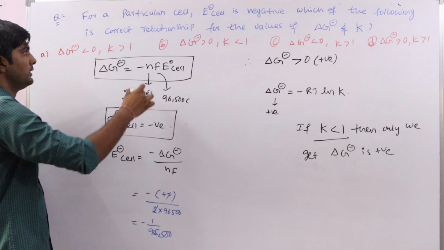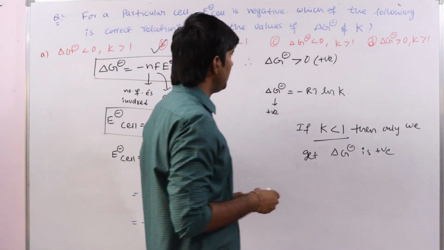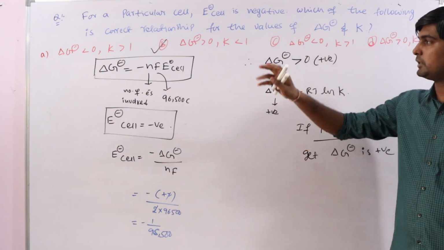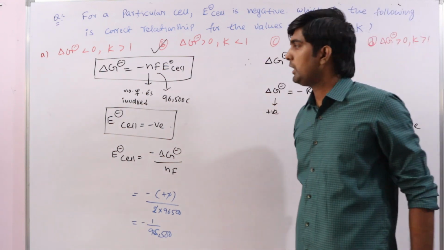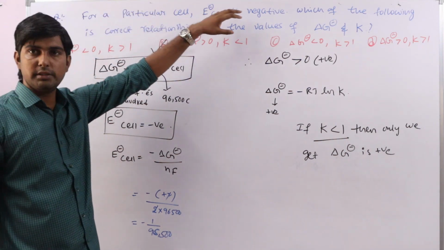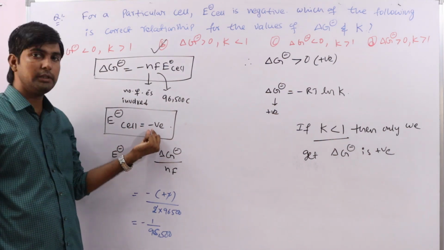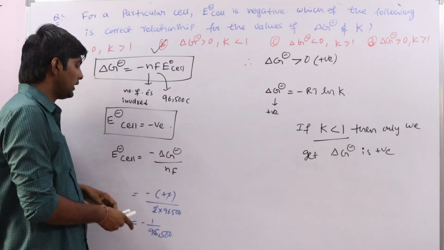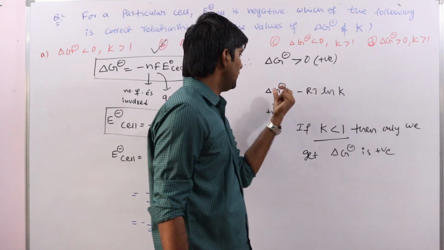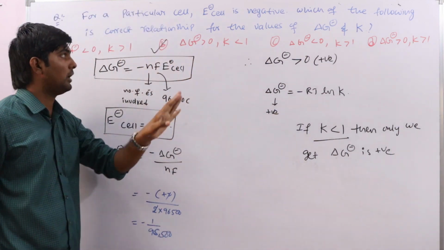So now look at the options. Option B is the correct answer for this one. Simple and very important. The same problem is useful in electrochemistry, in thermodynamics, and also in chemical equilibrium. Whenever E naught cell is given, this is the relation. Already mentioned that E naught cell is negative, so to get this negative, this must be positive. Then to get delta G positive, K must be less than 1. That's why we are getting this option.